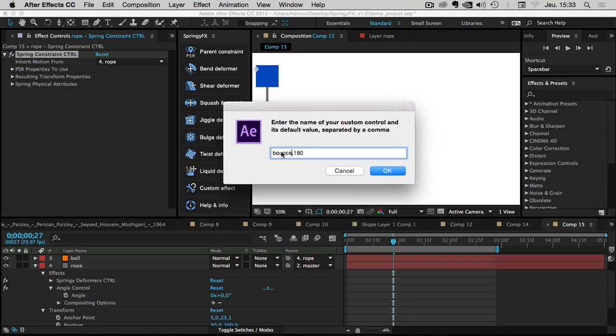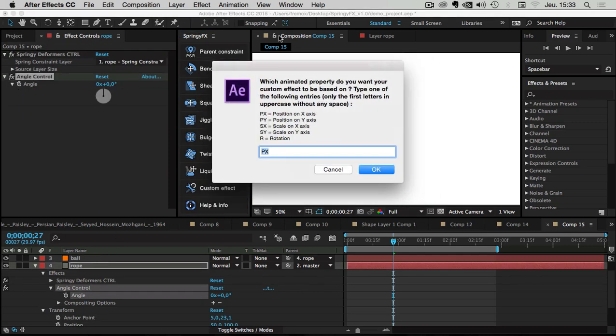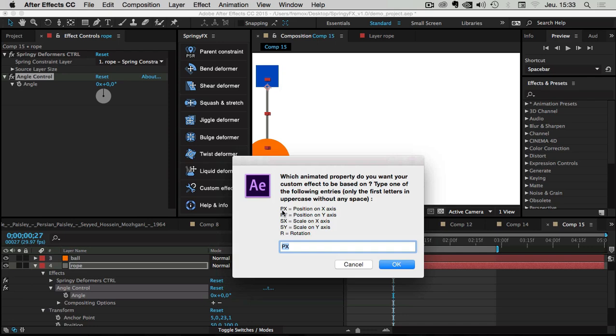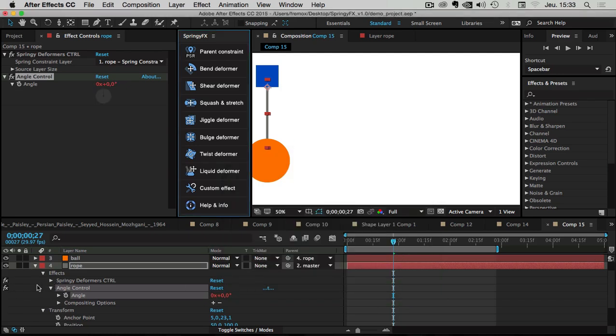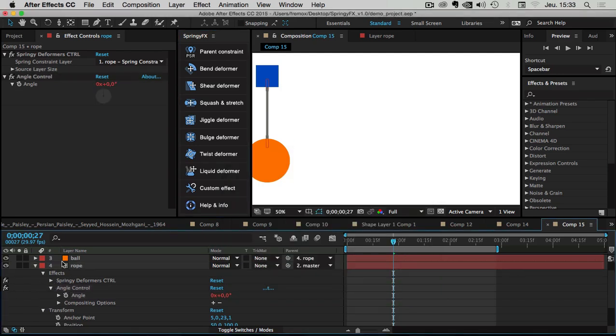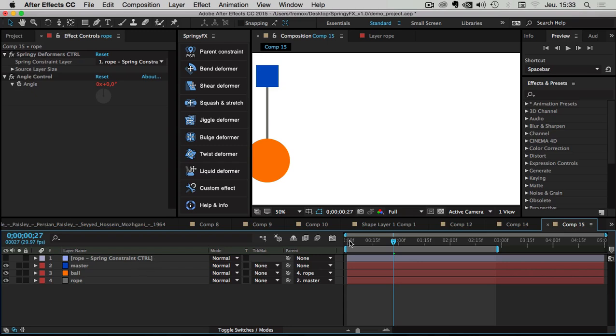Okay, this is pretty cool. So bounce 180, click OK, and now it will prompt you to analyze the property you want the springy effect to take into account. So like before, it's on the position horizontally, so px is perfect for me. Okay, so you have done 2 steps, but now if I play my animation, it won't do anything until you